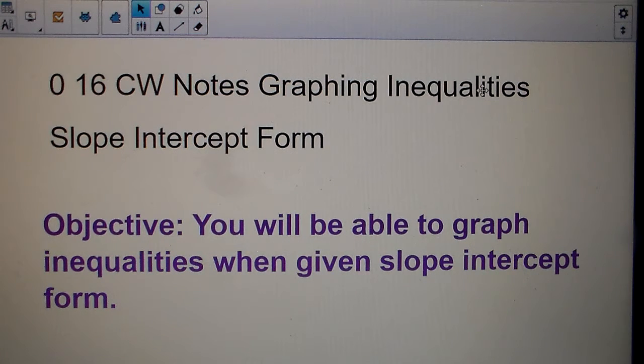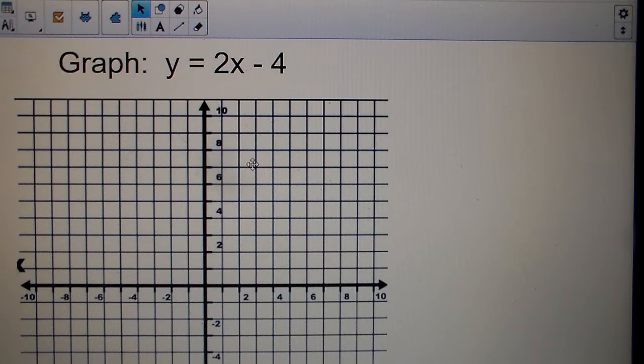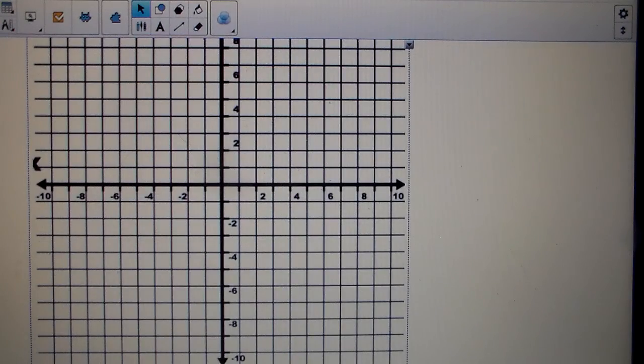Alright, these are the notes for 016, notes on graphing inequalities, slope-intercept form. Your objective: you'll be able to graph inequalities when given slope-intercept form. So, with that being said, something we practiced last class was